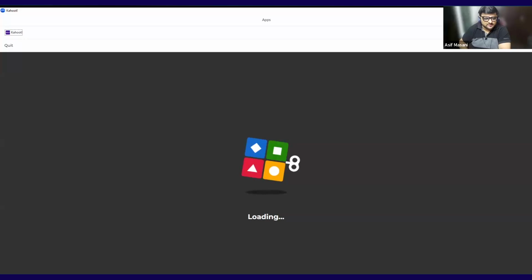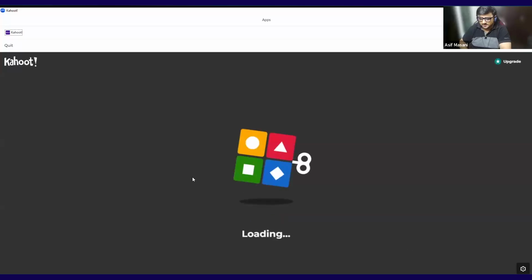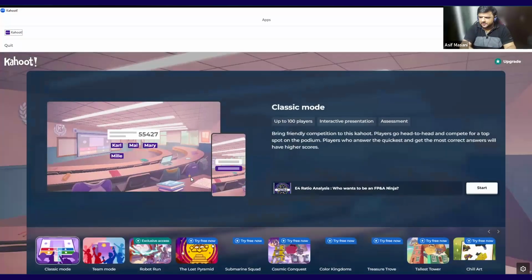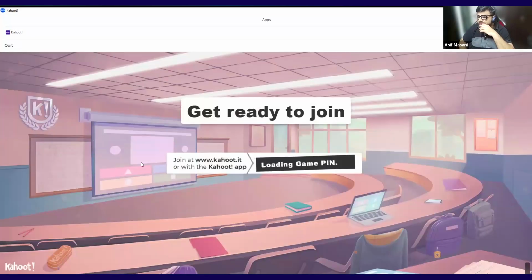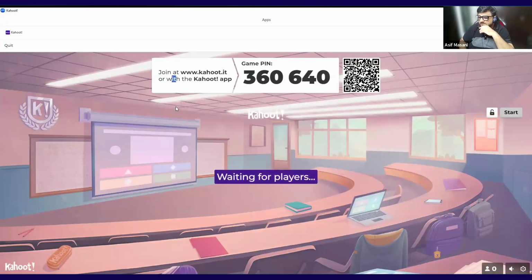Now, when I launch the quiz, you will see the screen and the quiz loading up. Once you see the screen load up, you will see an option to join. It's still not yet there, it'll come up. Once I click on start here, you will see a link, which is www.kahoot.it. You can go to this link. I would recommend you use your mobile phones to play this, and use your computer or laptop to look at the questions.